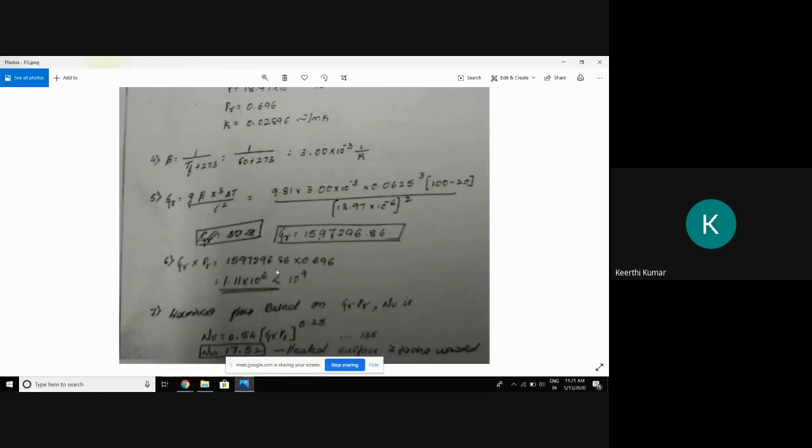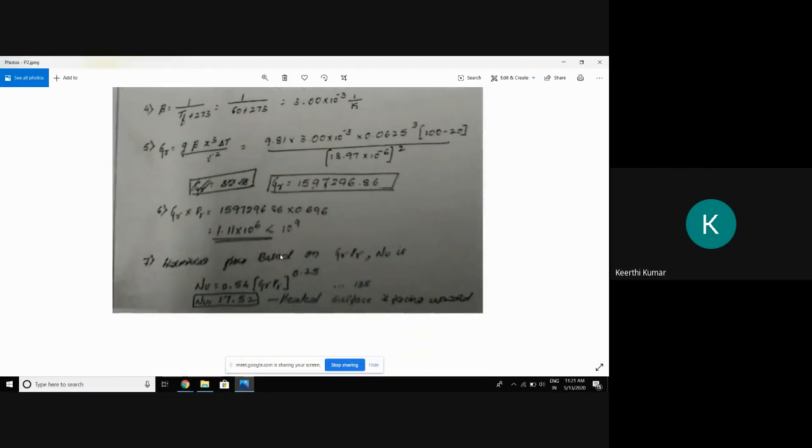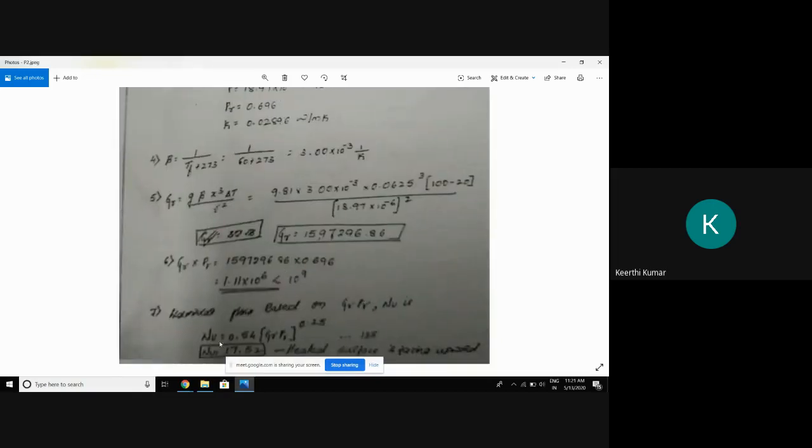So based on this, understood? That's what I told while taking the value of the Nusselt number. It is very, very important in free convection: the product of Gr and Pr. Here it is less than 10 to the power of 9 but greater than 10 to the power of 6. So which formula holds good? The formula that holds good for this is Nu equal to 0.59 into (Gr Pr) to the power of 0.25. Can you tell where it is?